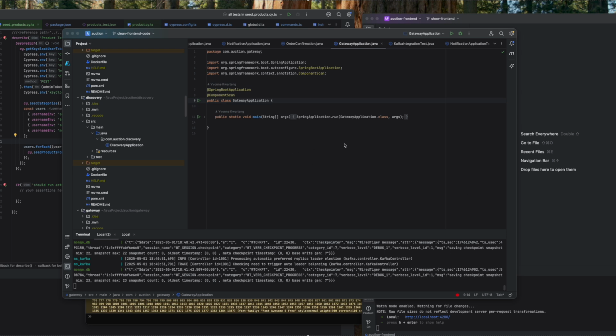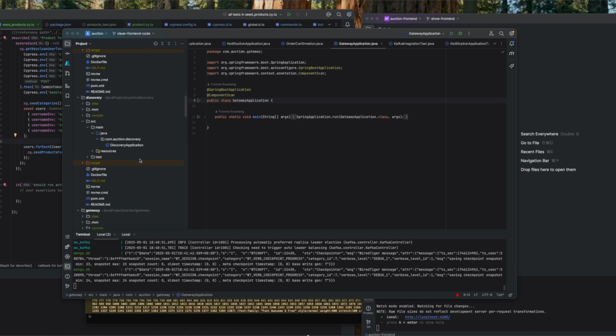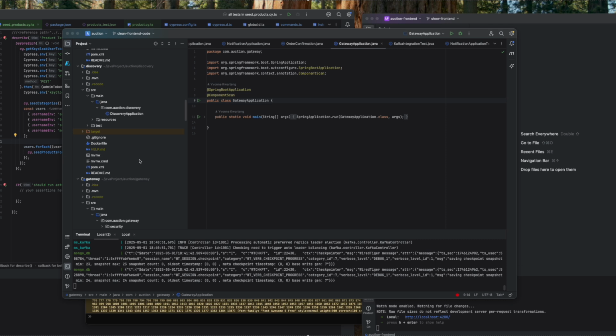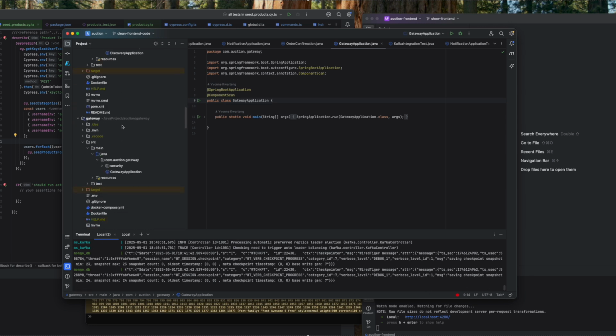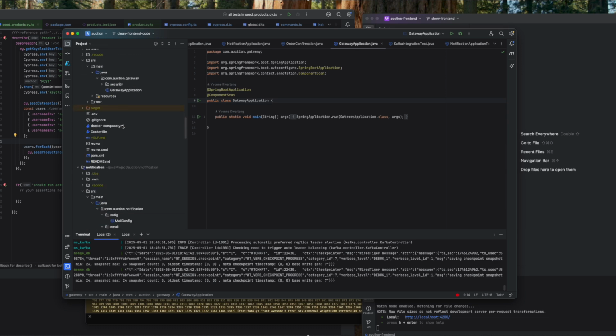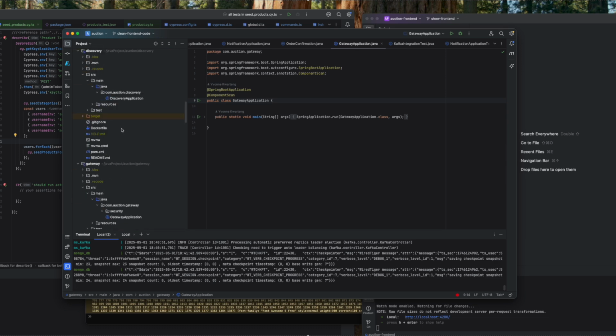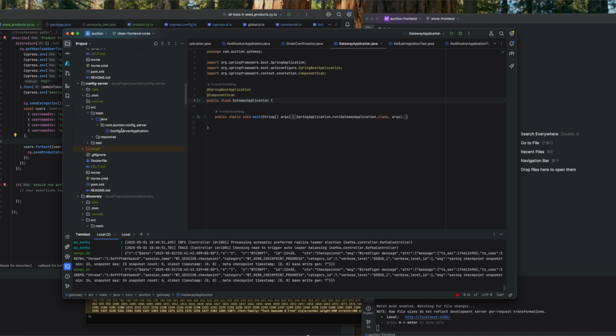Before we can see the data in, we need to make sure that we've got the back end running. So I've got my Docker compose file up and running with all the backend, including Kafka and all those services, running at the moment. I think the next thing to do is to run the services. So the first one I will run,